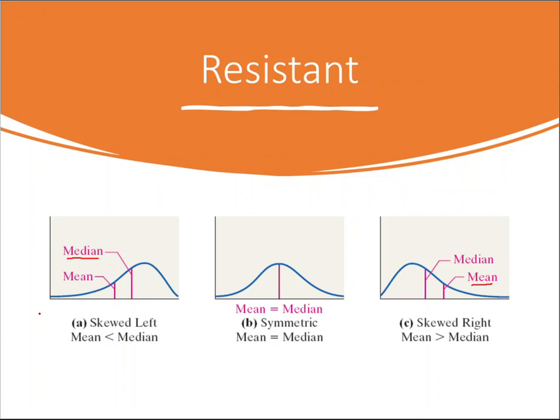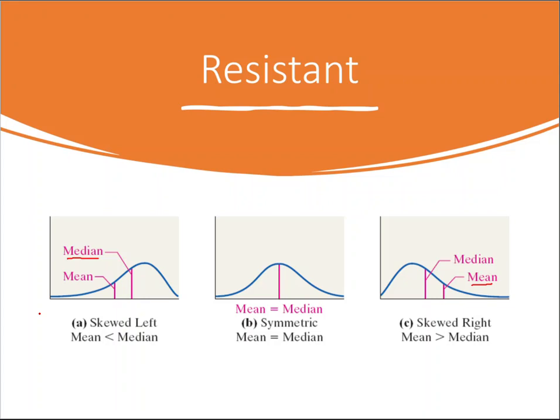Another way to state that is that the mean is easily influenced by these very large or very small numbers. Because again, the mean is the sum of all the numbers in the data set, and when we have very large or very small numbers in that data set, it's going to either inflate or make very small the numbers that we are then